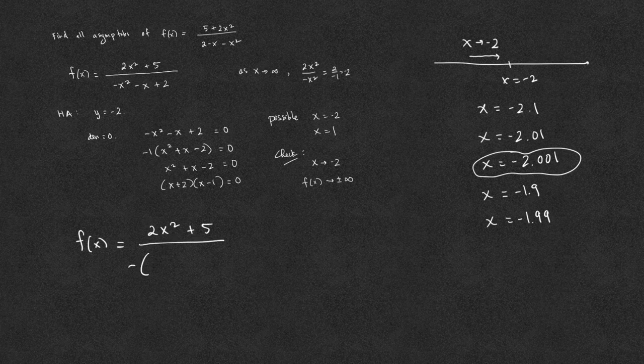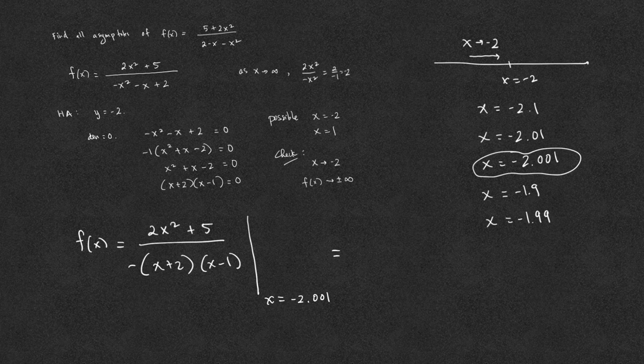We factor the denominator to x plus 2 times x minus 1. And we will evaluate this function at x equals -2.001, preferably a number that is very close to -2. We cannot plug in -2 because if we do that, the denominator will be 0. When we plug in